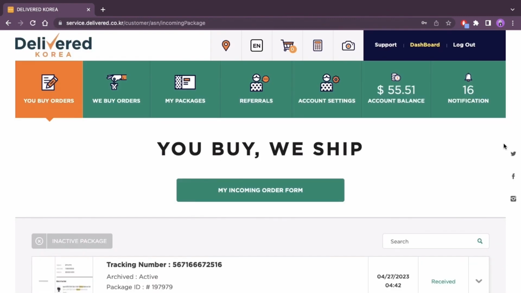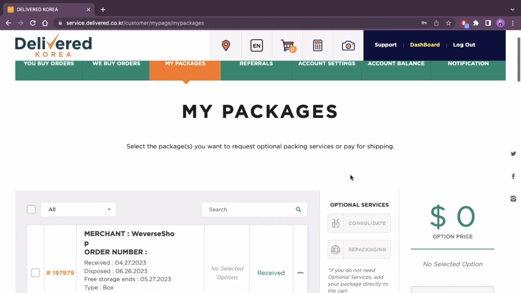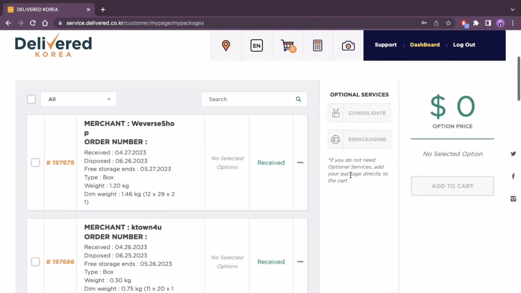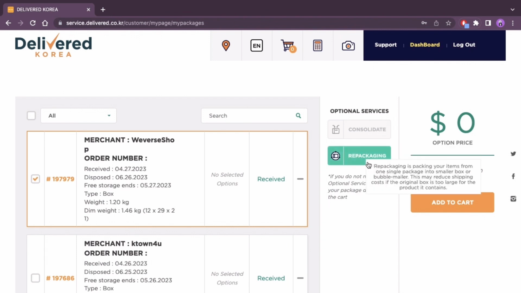And then once all the orders you've been waiting for to consolidate have arrived, you can go into My Packages to finally ship them to you. So you can scroll down and see them all. And then if you wanted to ship only one package by itself, you could do that. You can just take the box and add to cart, and you can also click to apply for repackaging,